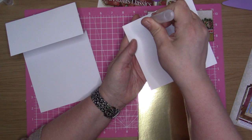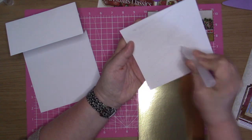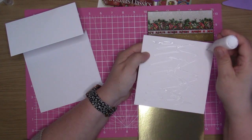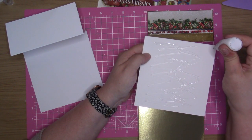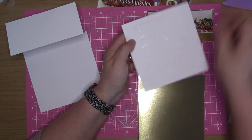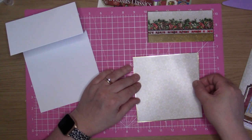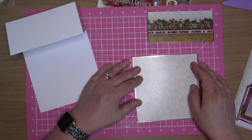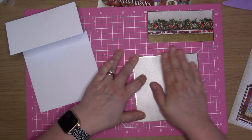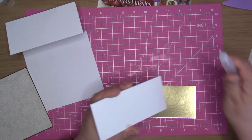So all purpose, just on the middle for diddle, some tacky glue on these corners, like so. Flip it over, put this onto the gold, press it down, move that over there, and then the same with this one, all purpose,